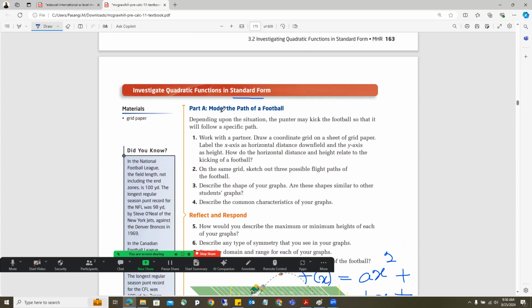Okay. So the first part, they are asking to model the path of a football. So they have given a scenario like this. They ask us to find out the